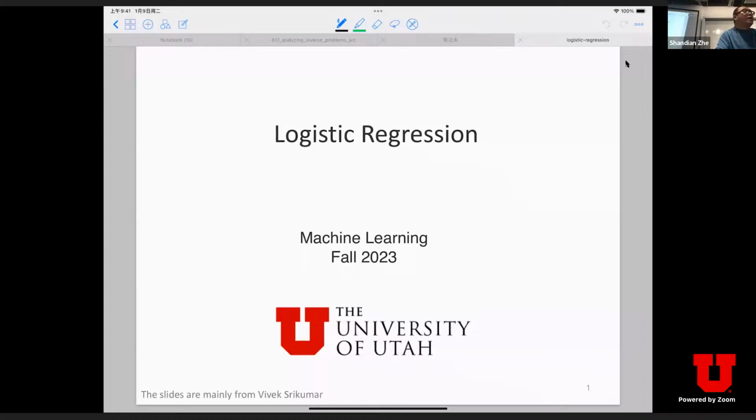First of all, we only have a few lectures left. I think the last lecture will be next Thursday, and we have released all the assignments. So all the assignments required now is homework 5. We need to start looking at that. There's only one workload for homework 5, just to implement the backpropagation algorithm we discussed. Of course, if you're interested, we have a bonus problem asking you to implement logistic regression, which we're going to discuss today. But it's totally up to you.